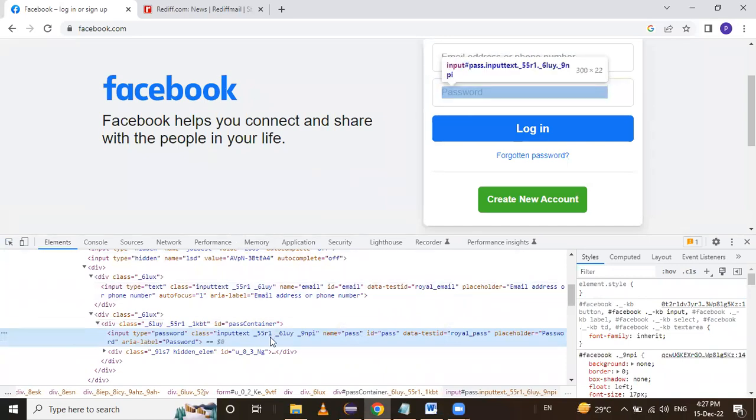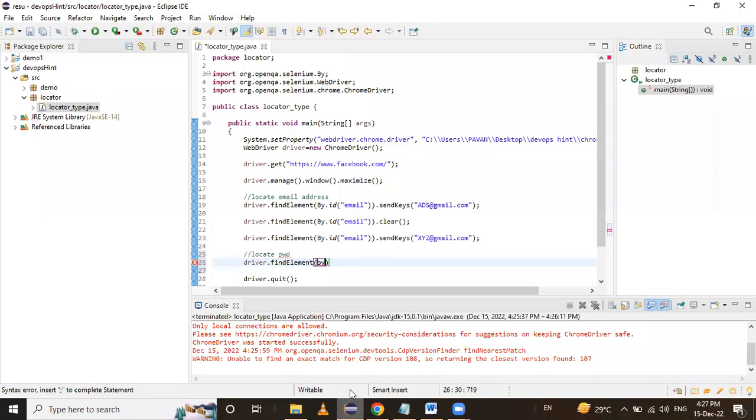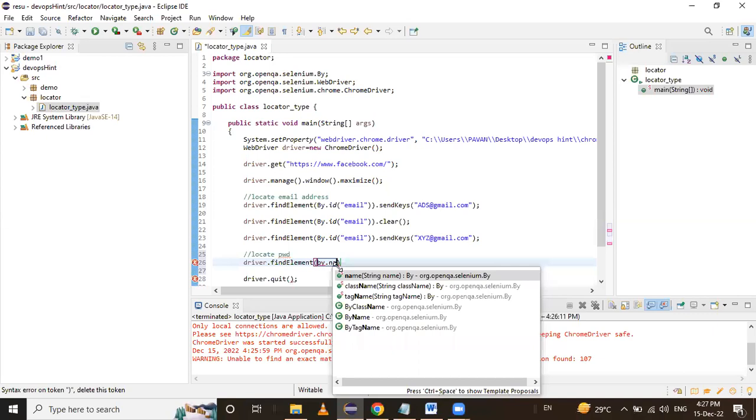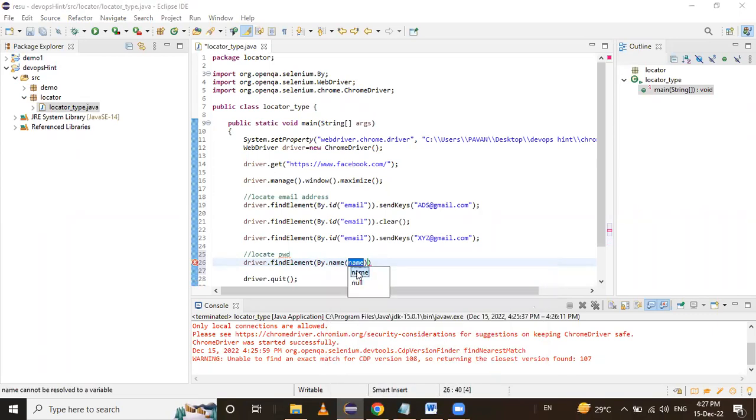Here we will now use name. The locator type is name, and its value is pass. So I will use the name static method and give the value